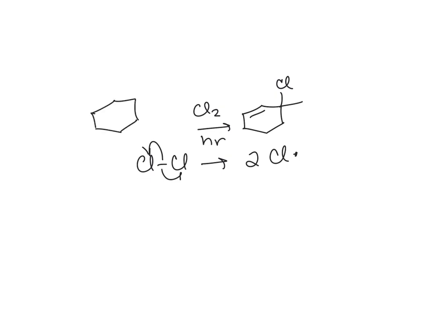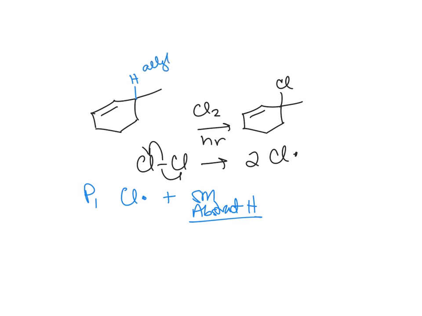you can see that that is going to do P1, and the chlorine radical will react with the starting material, and it's going to abstract a hydrogen. Okay, so remember that they abstract the hydrogen. In this case, this would be an allylic hydrogen, so that would have the lowest bond dissociation energy, and the answer would be,